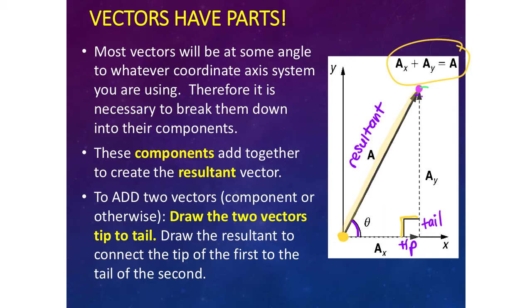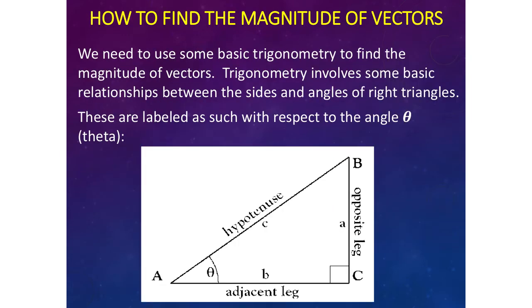And if we have a right triangle, there are special properties of right triangles that allow us to do some basic math, a little bit of trigonometry. You would have learned this in geometry, to calculate the lengths of different parts of this triangle or the angles, the internal angles of the triangle. Now, to find the magnitude of the different vector components, we need to use some basic trigonometry. And trigonometry, it's a big word, but all it is, it's a study of the relationships in the right triangle,